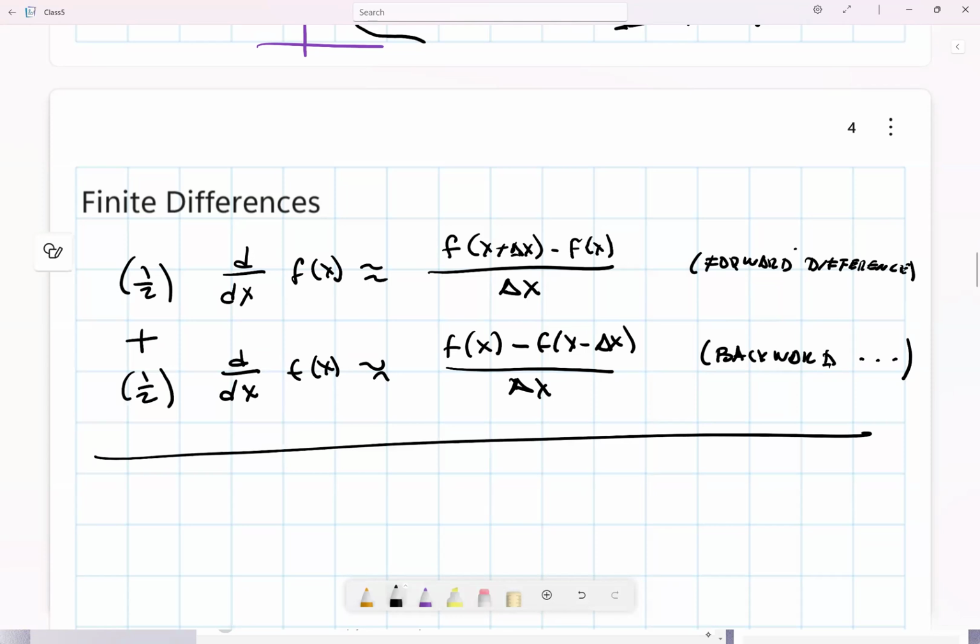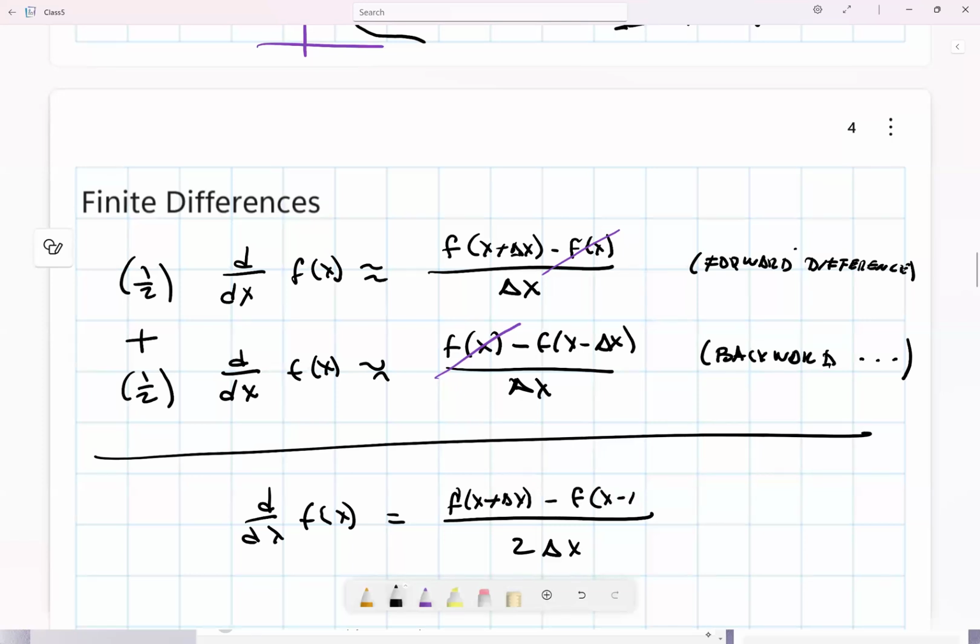then you will get d/dx of f of x, you just need to add it, right? 2 times delta x, 2 times delta x, and over here it will be the one that cancels. The one that cancels is the negative here. This one will cancel, right? That one will cancel with this one. So you're going to get f of x plus delta x minus f of x minus delta x. And this will be called the central,